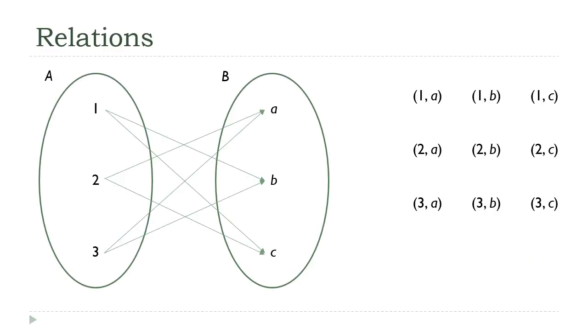So I have two sets here, A and B, and these are the same two sets that we looked at in our example of a Cartesian product back in the last lecture. A is just the numbers 1, 2, and 3, and B are the letters A, B, and C. And over here on the right-hand side, I've written out the Cartesian product, right? All of the ordered pairs whose first value comes from the set A and whose second value comes from the set B. Then what I've done with the diagram here is I've created an arrow diagram that defines a relation